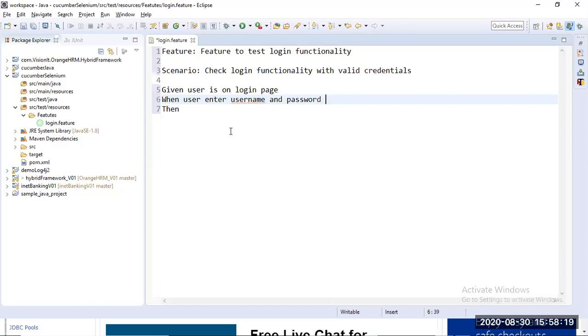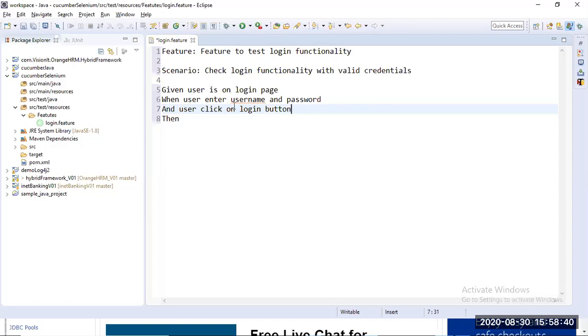Okay, and then after that it will click on the login button. Okay, and which one does the user click on? If the button is there, the login button, I will write login button.